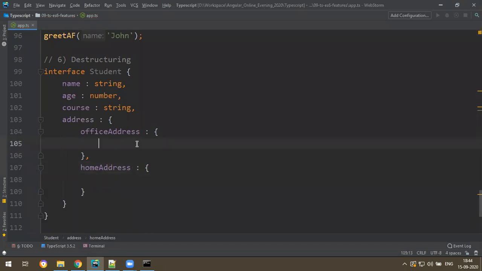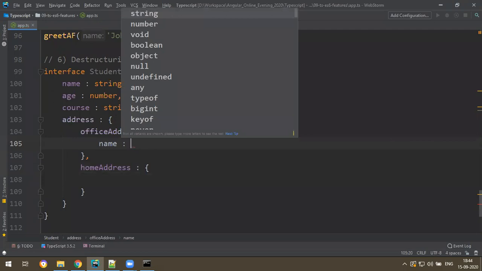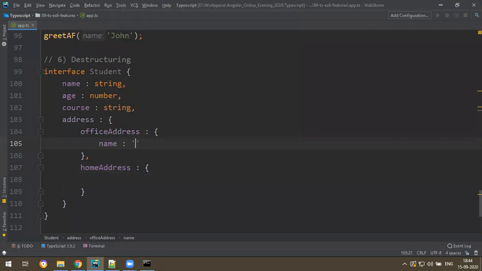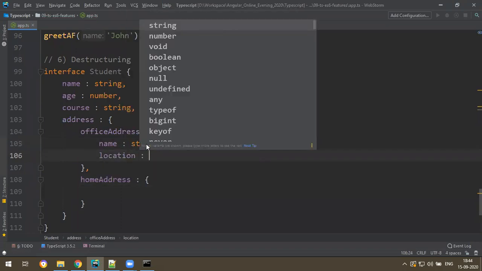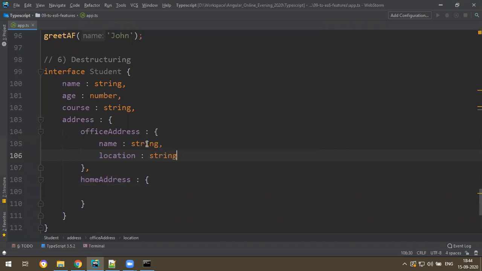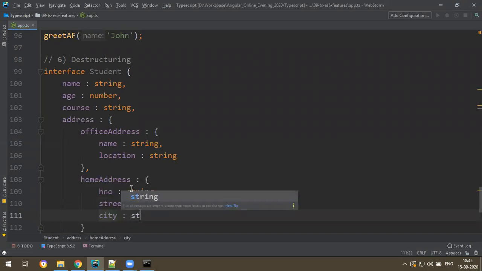Here, for office address, just say name. Office address name is only type string, and location will be string only. Home address will be what? House number string, and street string, and city also string, like this.